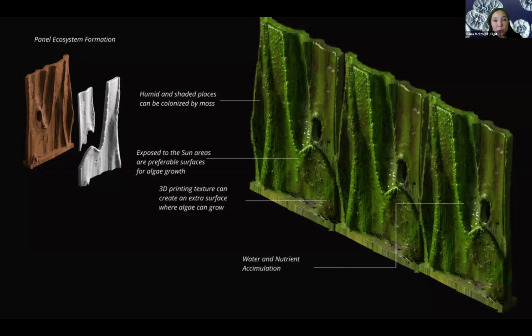So we need to create pockets for water and nutrient accumulation, so it has nutrients. We need to create microtextures that are exposed to the sun for microalgae. We need humid and shaded places, pockets, for moss and water. So the design was informed by those parameters, and whether it will grow or not, we cannot say